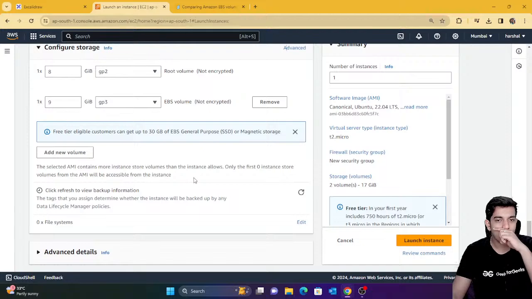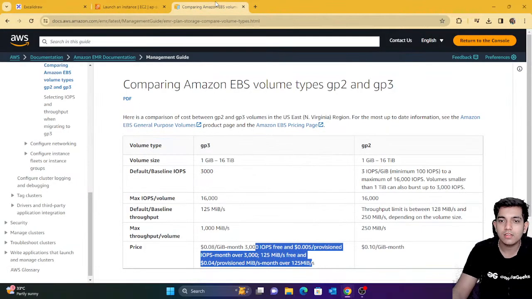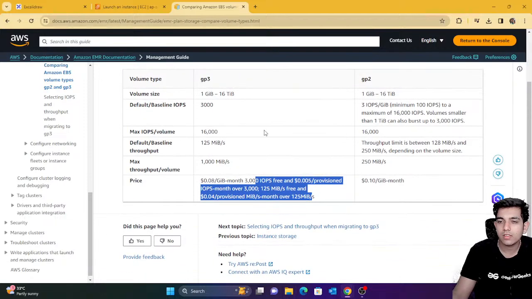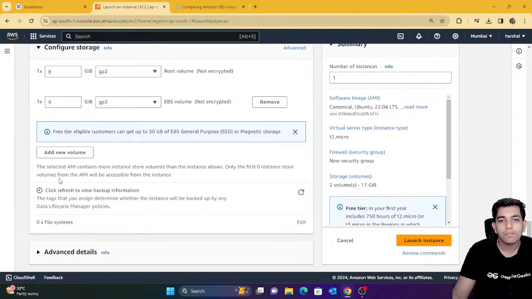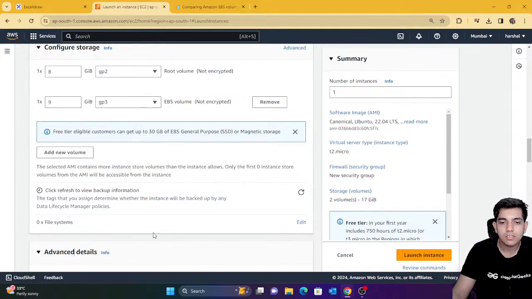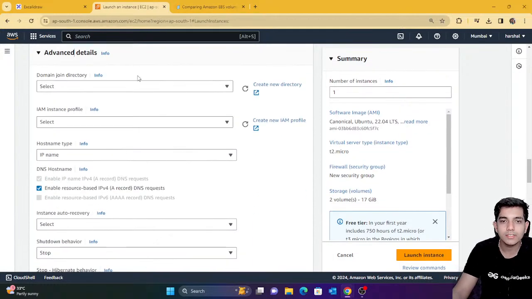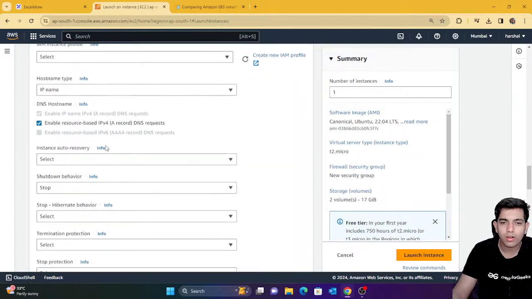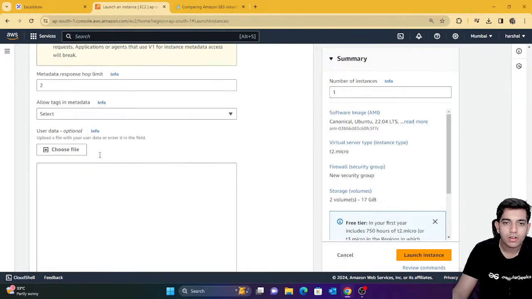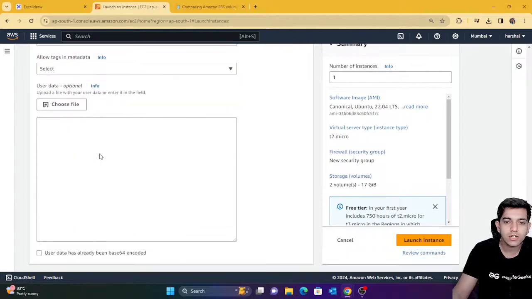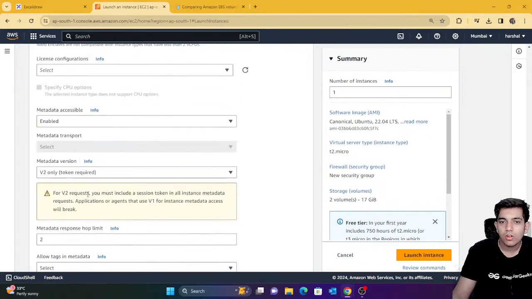Now after this, I'll come back here, and I can select anything I want. According to this, I think both are fine, so I'll just keep it as it is, nothing much difference. Now I'll go to advanced details. Here you can see that we have some extra things. You don't need to select anything from here, but yeah, we have some extra things. And if I go down, you can see that we have